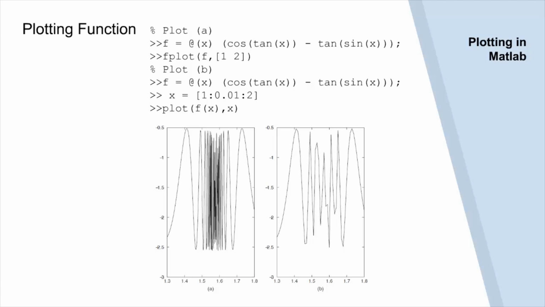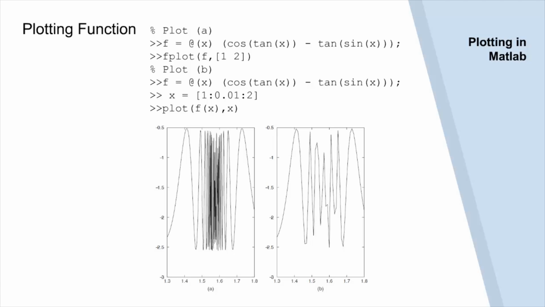Apart from the regular plot function, MATLAB also has a smart command for plotting functions. The function plot command, fplot, automatically analyzes the function to be plotted and decides on its own how many plotting points to use so that the plot will show all the features of the function. Its syntax is fplot, we pass the function and then the minimum and the maximum value, where function is a function handle to the function that has to be plotted, and x minimum and x maximum specify the minimum and maximum values of the independent variable.